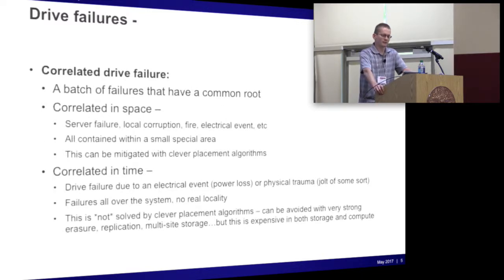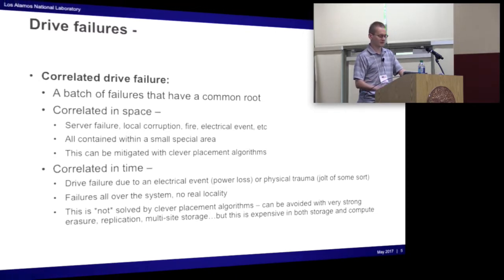One of the things that does drive everyone bonkers when you're a sysadmin is correlated drive failure. So when you have a bad firmware, when you have an electrical event, when somebody knocks your rack over, which hopefully doesn't happen very often, but I've seen it, and a whole bunch of drives in one specific area break. And this is correlated in space for those particular kinds of failures. So they're all fairly local within a small area. So if you have multiple data centers, you can spread your data out. That's no problem anymore. But some people only have one data center, or they have one large data center with all the stuff kind of in the same area. But at least for correlated failures in space where they're all within a rack or within a server, that's fairly easy to avoid if you're clever with how you place your data.